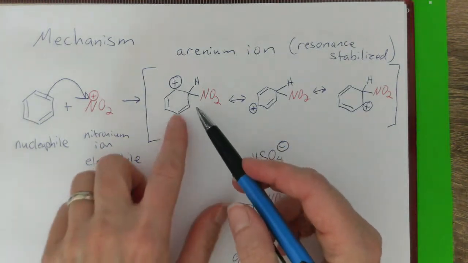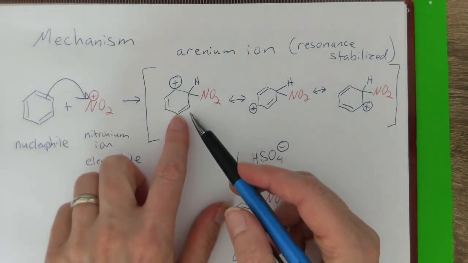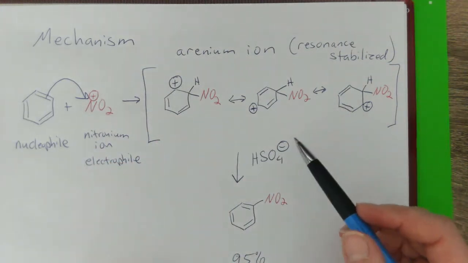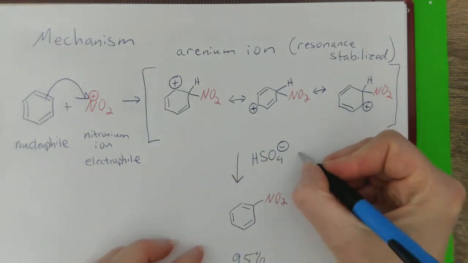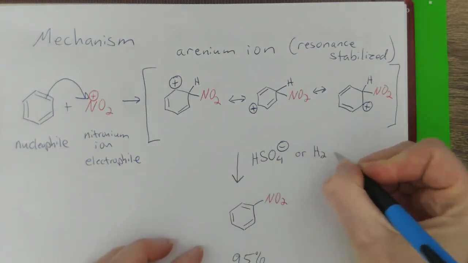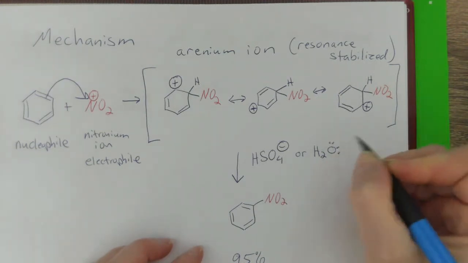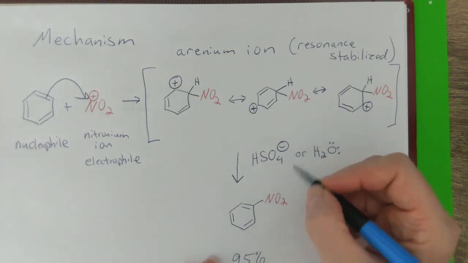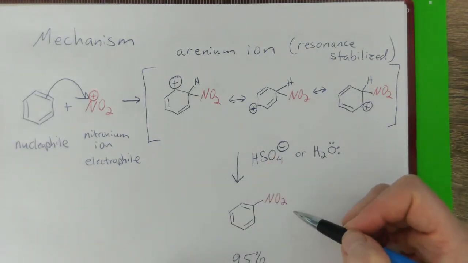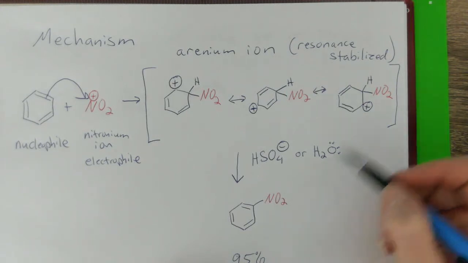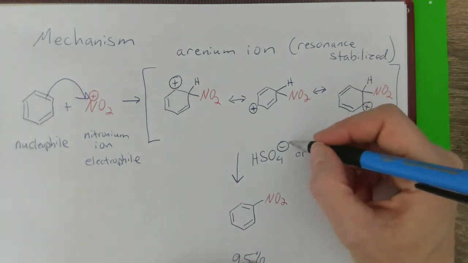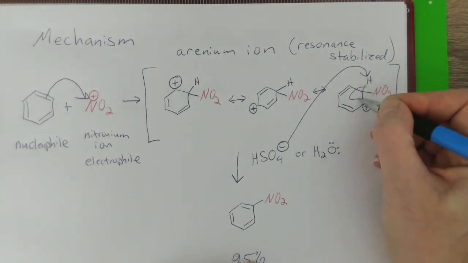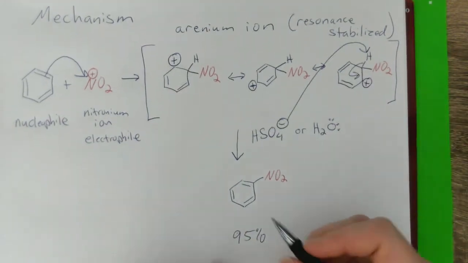So here we've temporarily lost aromaticity, right? And then what will happen in the next step, so we can either use water to do this. I think in Klein he uses water, but since I know I have the conjugate base of sulfuric acid also present, I can also show this as what is going to deprotonate. So I'm going to go ahead and just deprotonate here, rip off this proton, and then this pair of electrons can move here, and we get our